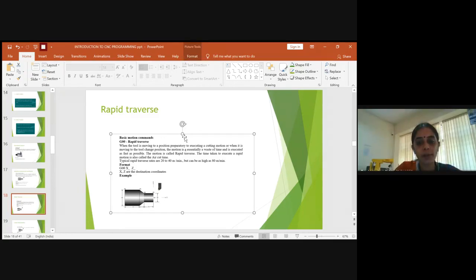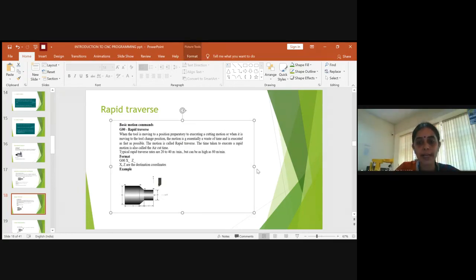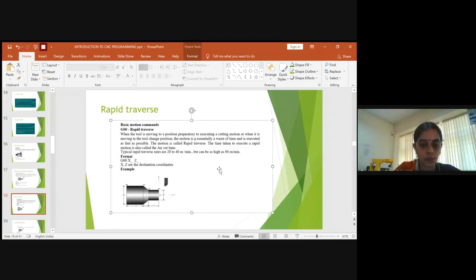And one more code you have to understand is G00. Always we use this in the beginning. What is this G00? We usually use it for rapid traverse. So what is this rapid traverse? The tool has to move rapidly and be set to a particular position from which the operation could be started. So when the tool is moving to a position preparatory to executing a cutting motion, it has to be fixed to a particular position.